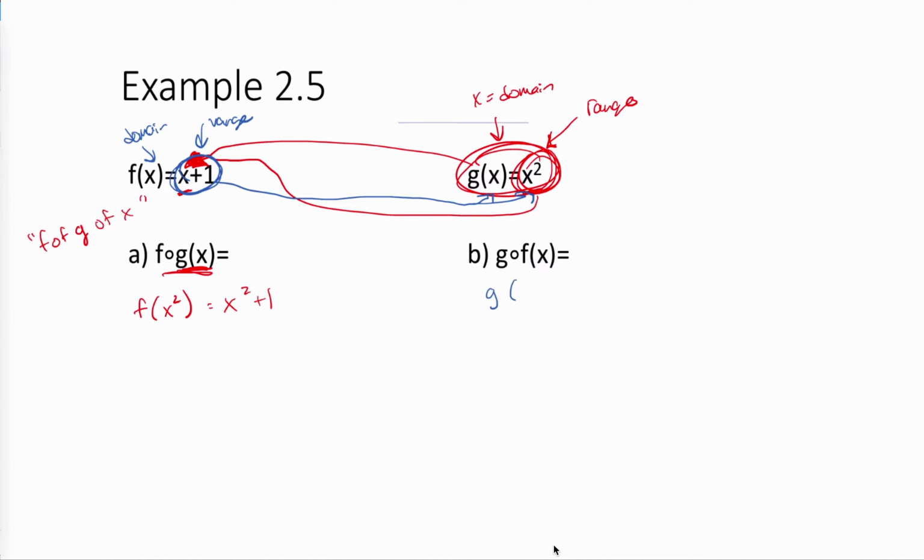So g of x plus 1 would be x plus 1 squared. So the x turns into an x plus 1, and then we square it. And in order to square that, we need to FOIL it, and that's going to be x squared plus 2x plus